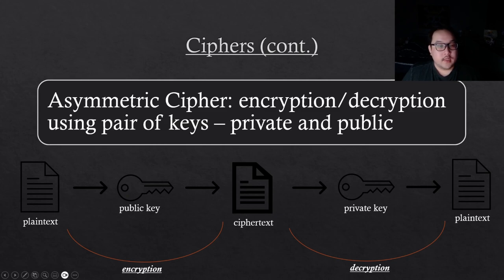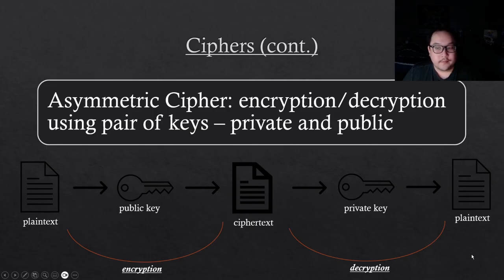Then we'll be moving on to asymmetric ciphers, which is encryption and decryption using pairs of keys, which is similar to symmetric, but in this case, it uses private and public. If Bob wants to send something to Rob, Bob will take Rob's public key and encrypt the plaintext so it makes it to the ciphertext. So then when Rob wants to decrypt the ciphertext, he will use his own private key to decrypt it and